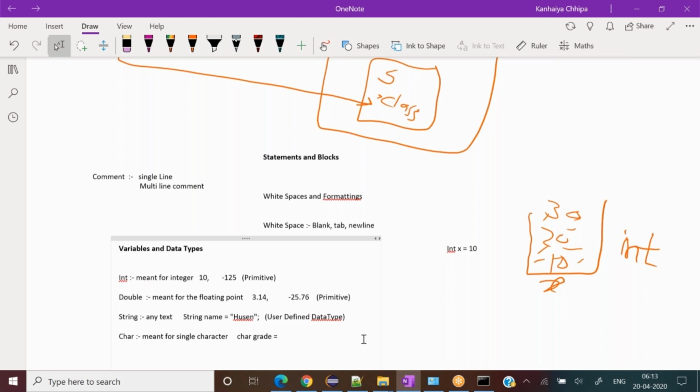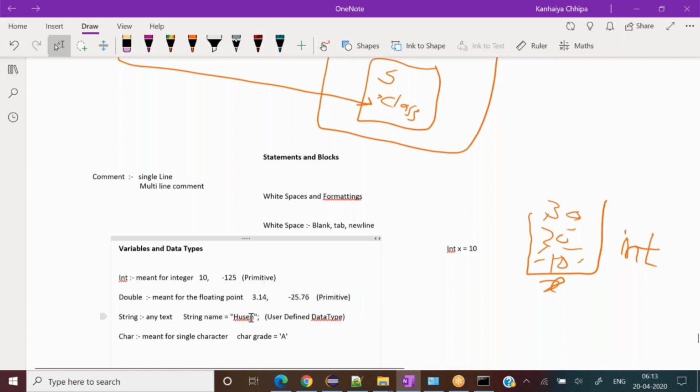I'll come to the value later on, but that's okay. Single quote, not double quote. The difference between string and char is that char is defined in single quotes with a single value only, while string is always defined in double quotes. And we can have a single value inside a string also.